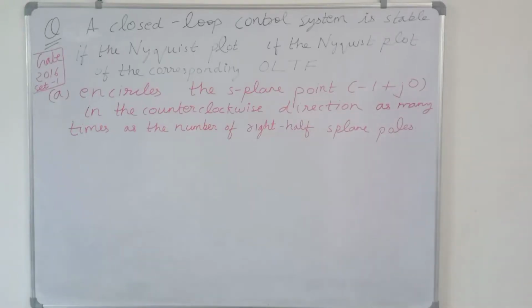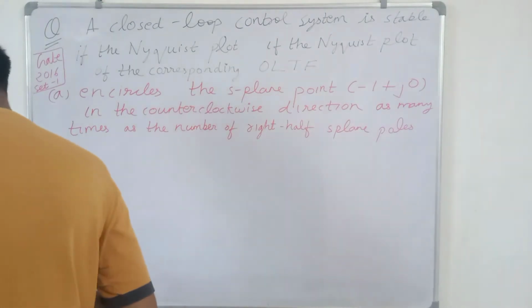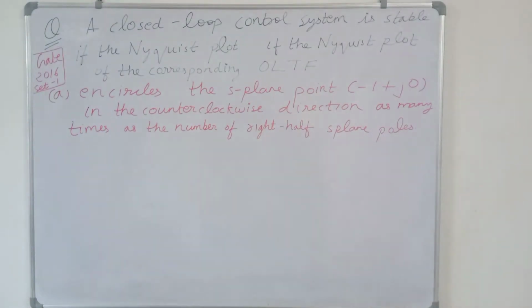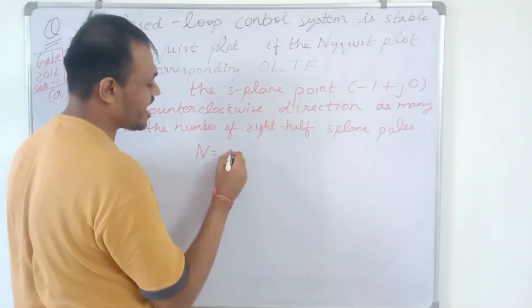So this is a question from GATE 2016. In this we have to discuss the Nyquist stability criterion. As per the Nyquist stability criterion, it was given as N equal to P minus Z,